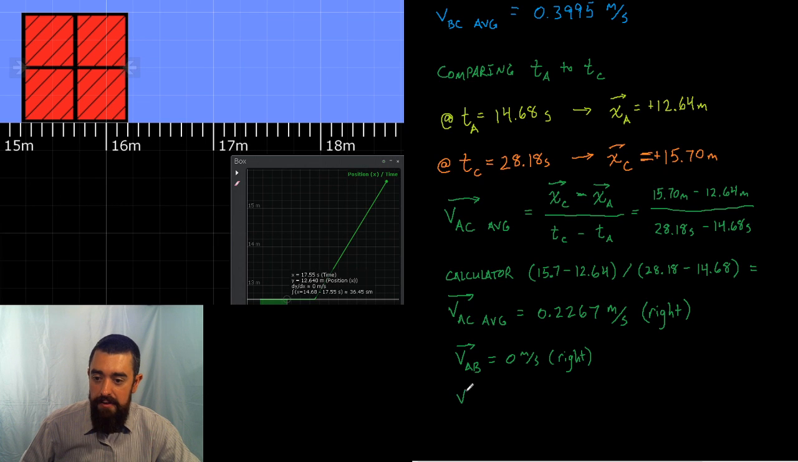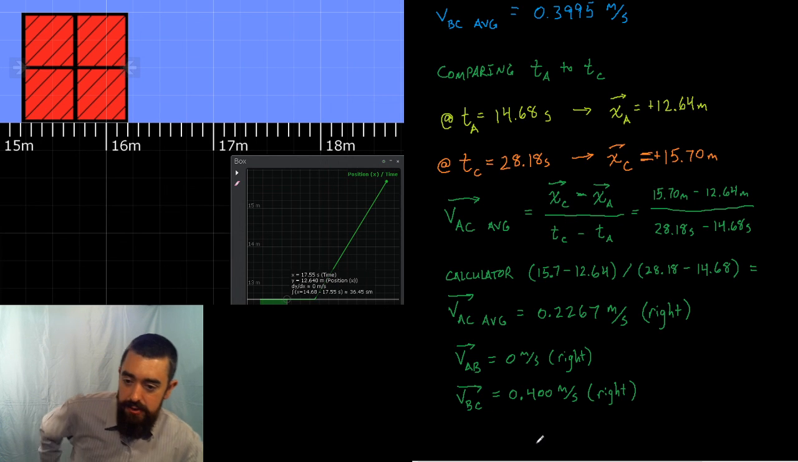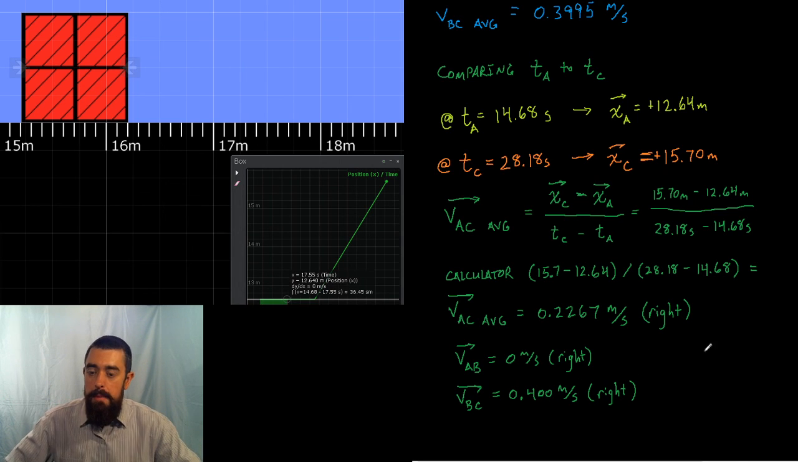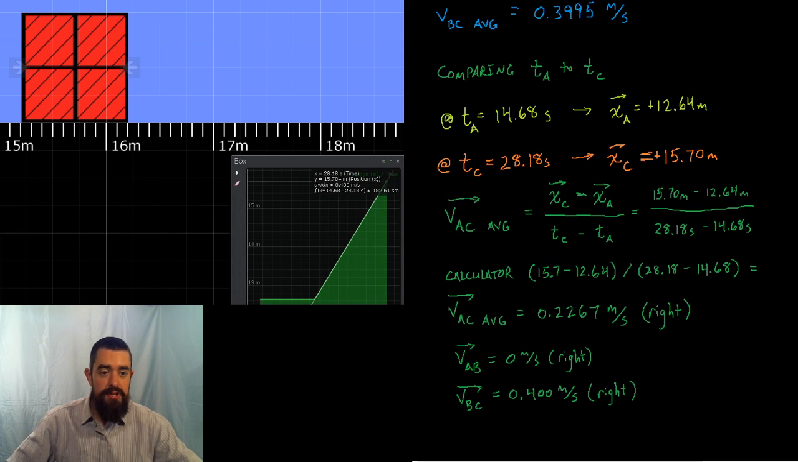And then I had a velocity BC, and that was 0.400, because AlgoDo said it was, meters per second to the right from time B to time C. So during that time interval, I had a speed of 0.4 meters per second. But if I take from the beginning to the end, the average velocity,